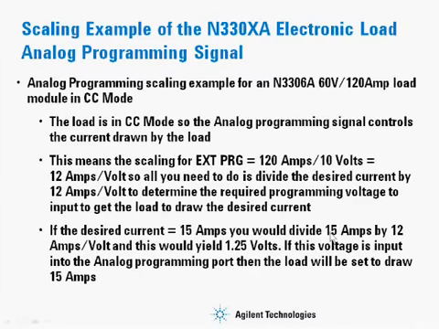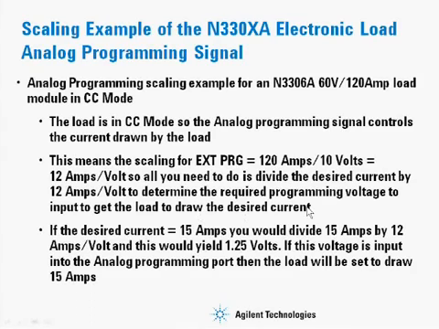For the analog programming scaling, here's an example for the N3300A, 60 volt 120 amp load module in CC mode. Since the load is in CC mode, the analog programming signal controls the current drawn by the load. So this means the scaling for the external programming port is 120 amps per 10 volts, which is equal to 12 amps per volt. So all you need to do is divide the desired current by 12 amps per volt to determine the required programming voltage to input to the external programming port in order to get the load to draw